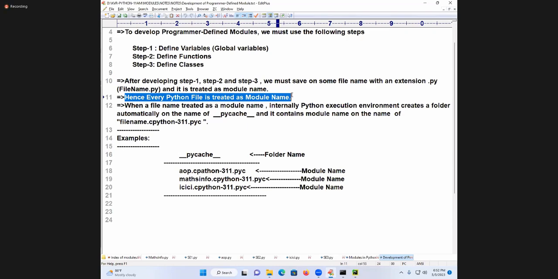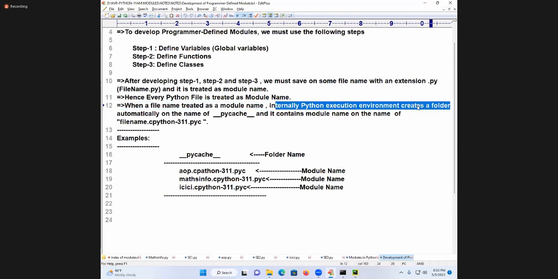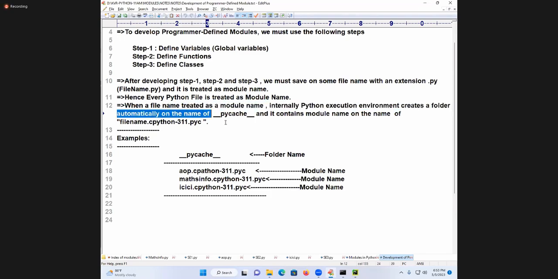Every Python program which we are discussing from now onwards is called a module. When a file is treated as a module, internally the Python execution environment automatically creates a folder on the name of __pycache__, and it contains a file on the name of the file name